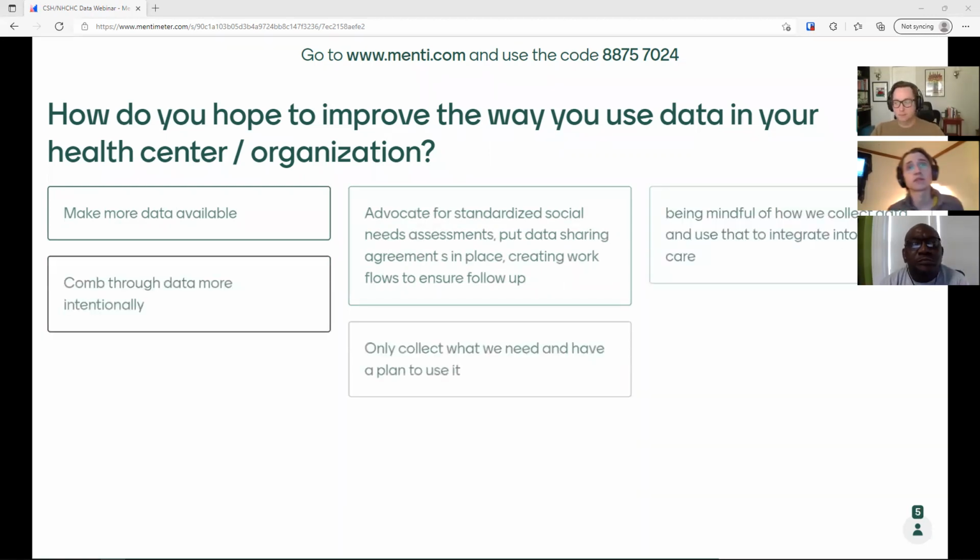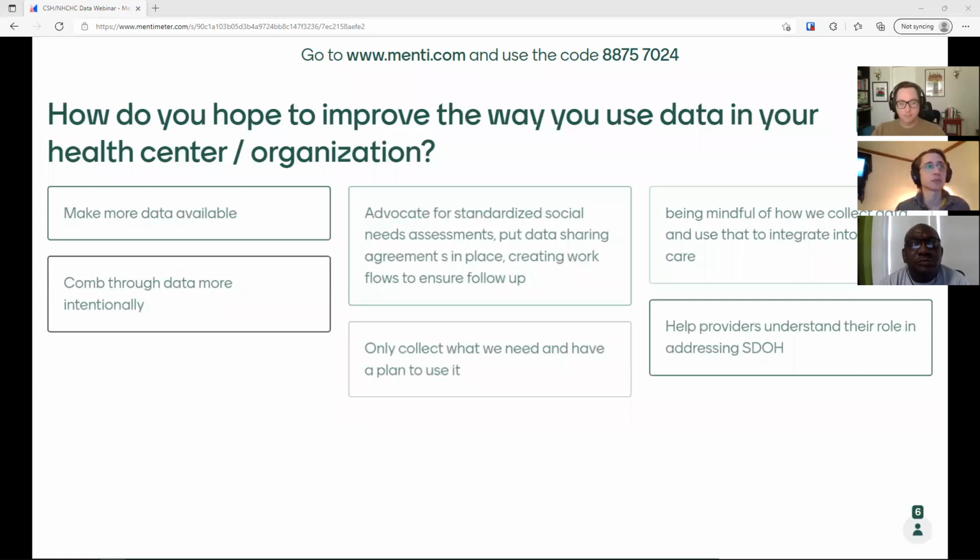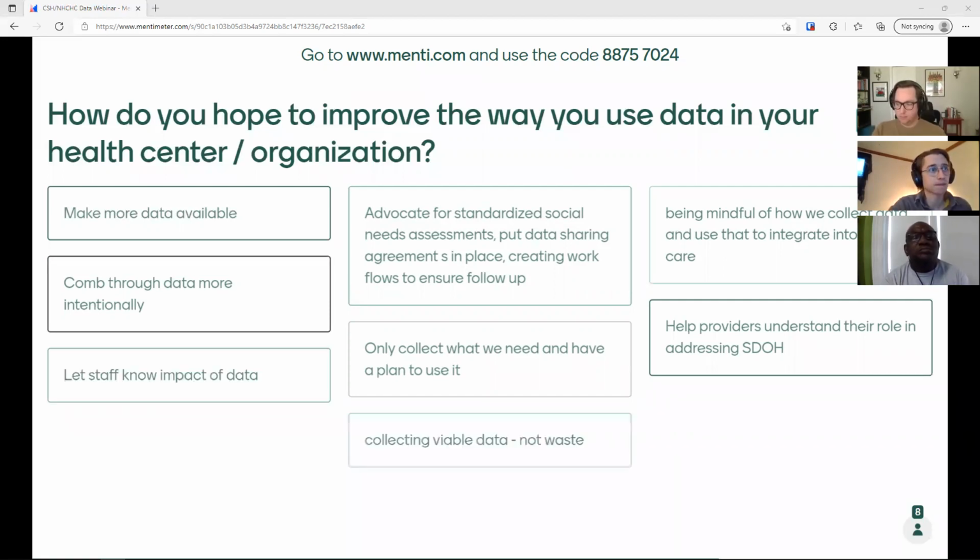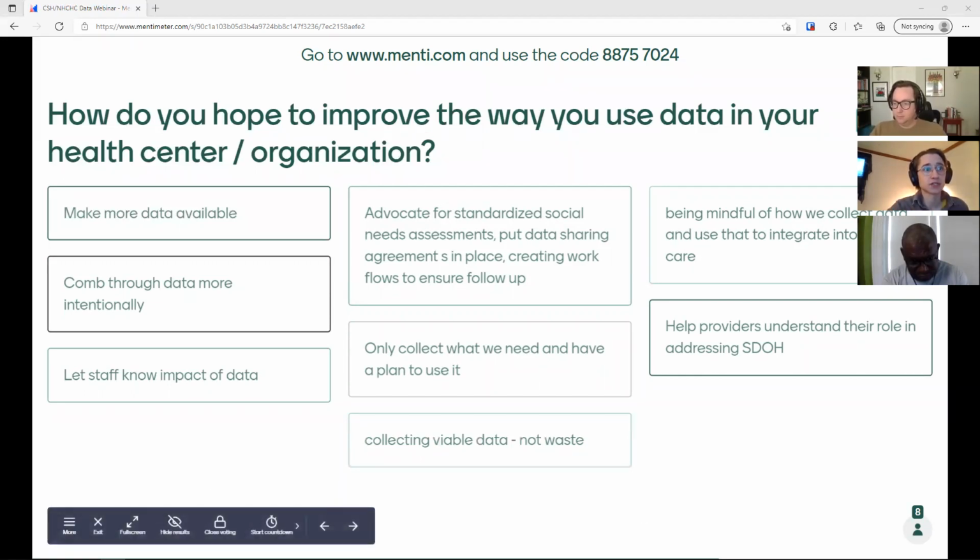Someone said being mindful of how we collect data and use that to integrate into patient care. Comb through data more intentionally. I like this piece of only collecting what we need and have a plan to use it. Yes, I like let staff know the impact of data, really getting to that staff buy-in piece. I love it. All right, let's move on to the next question.